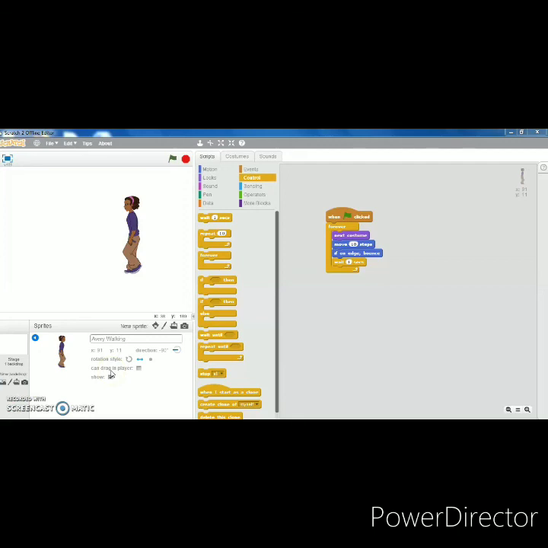Next costume means, you can see the next costume, the gesture will change, her legs will move and her hands move. And she moved 10 steps and she bounced. This is the example of walking linearly. If I select circular, you can see the split position change, linear. Try these options.